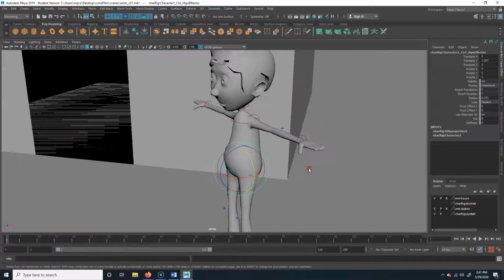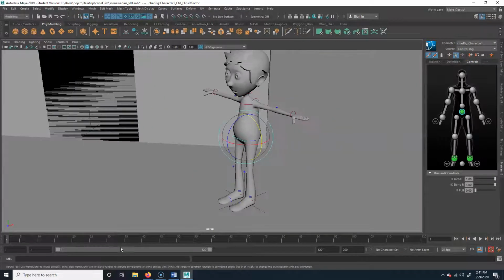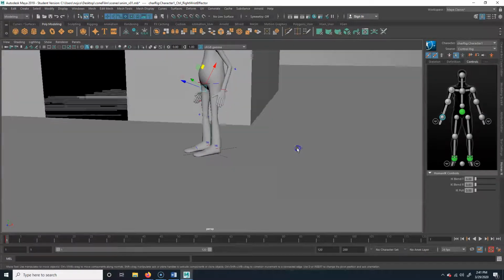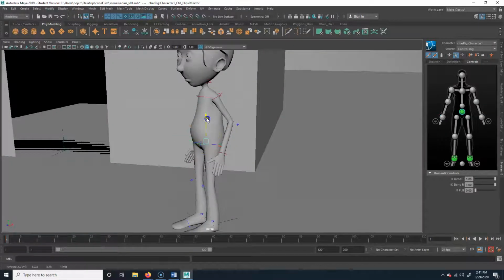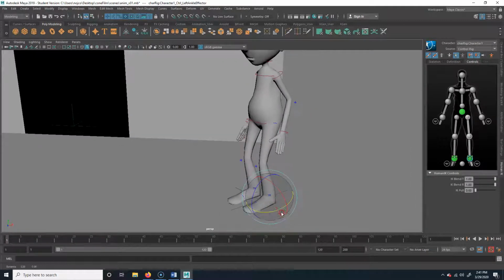Select, so I'm going to click on this and I'm going to open up the human IK thing. And we'll just leave this one on, that's fine. Yeah, so what I'll do is get him into a rough position of what I want him to look like. His hands would be down, he wouldn't be standing up like that, that's kind of weird. So I'm going to move that down and hit S for key. I'm going to take the hips and move it down a little, because usually people aren't standing like that, S for key, don't forget. And I'm going to turn his foot a little bit this way, because usually people,